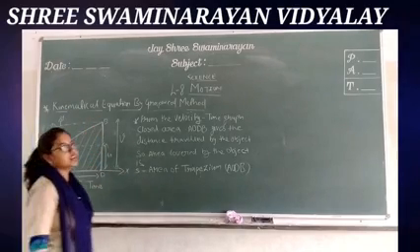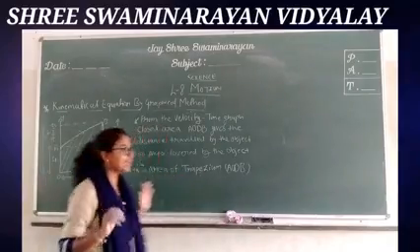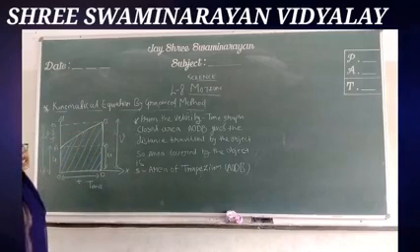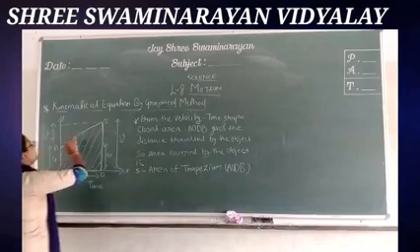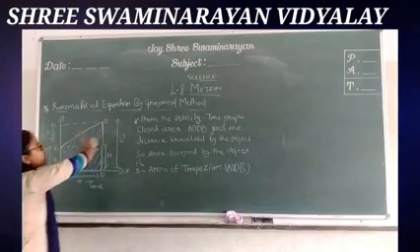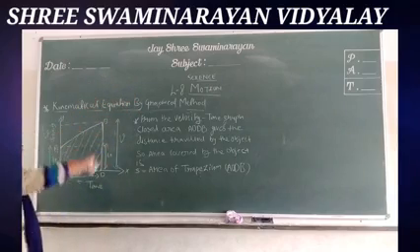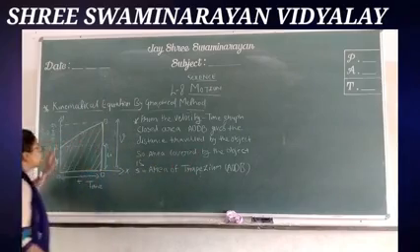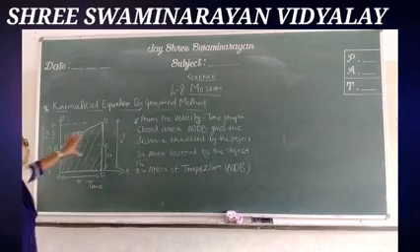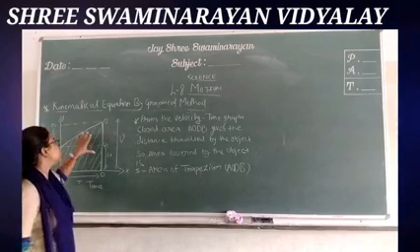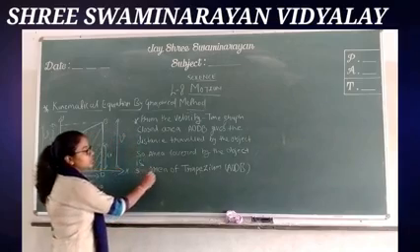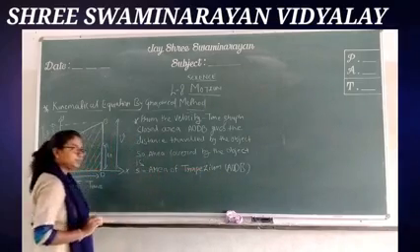In the case of trapezium, there are two parallel sides. So in this case, AO and BD are parallel to each other. If you observe, this line AB is moving in the above direction slantly and this OD is moving horizontally forward. So these are not parallel, but AO and BD lines are parallel to each other. And this is the shape of trapezium. That is why I have written here distance is equal to area of trapezium.